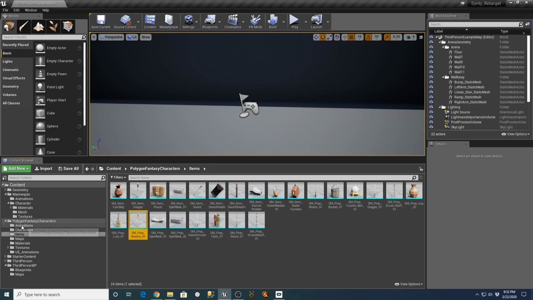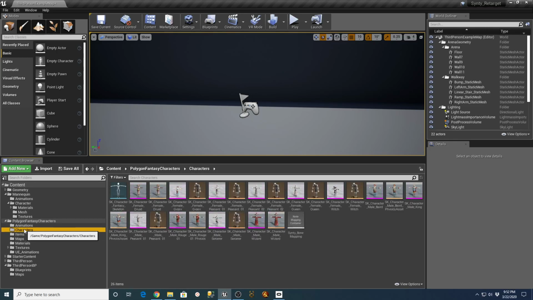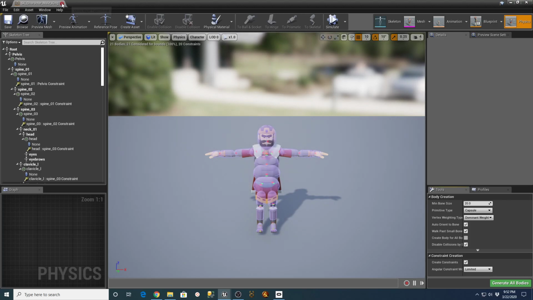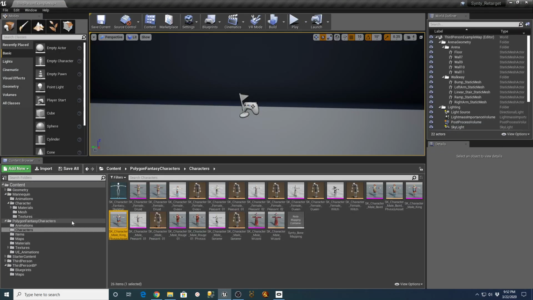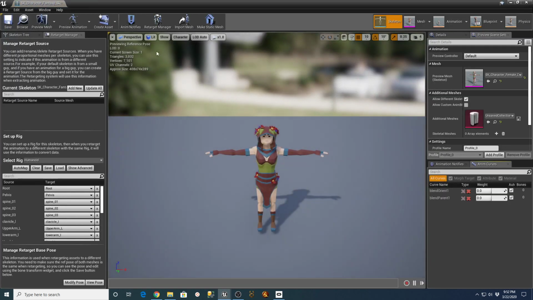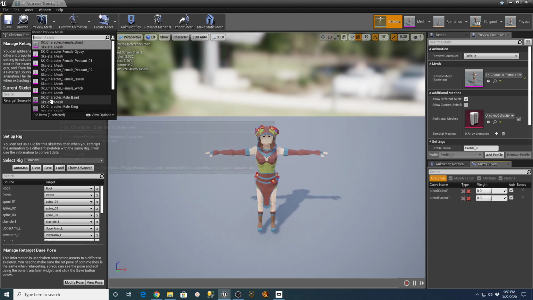So the king should have the scepter, right? Let's go get the king, and put a scepter in his hand. So character, whoop. Preview mesh with the king.